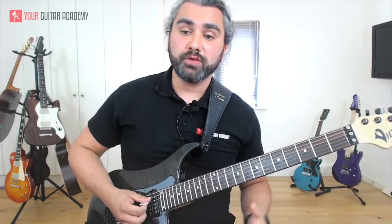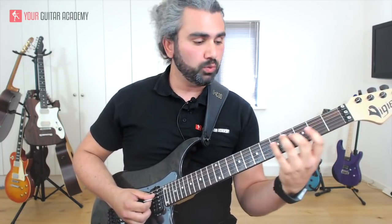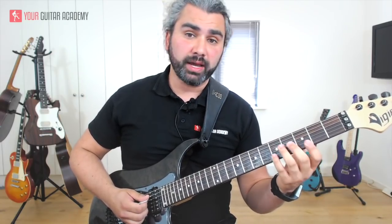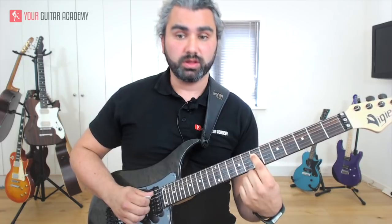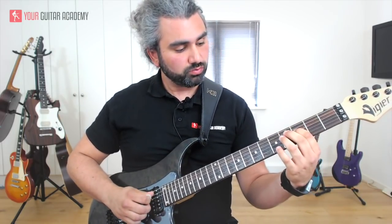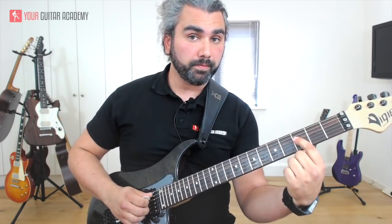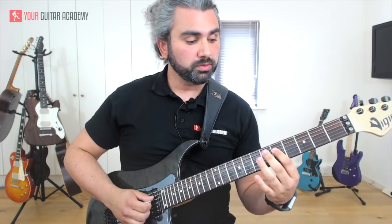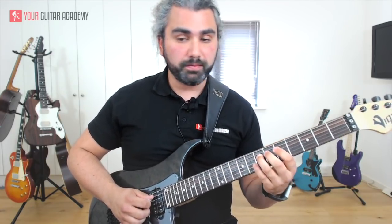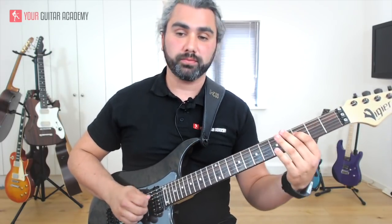Okay, so that first little lick there, instead of using a scale shape, you could think of it as a 3-note per string, but I'm thinking of it as just the first 3 notes of F major. So on the D string, we're starting on the 3rd fret, and then we're up to the 5th fret, and then we're up to the 7th fret, and then it's a slide from the 5 to the 7. So we've got,